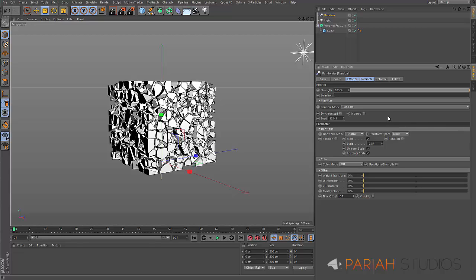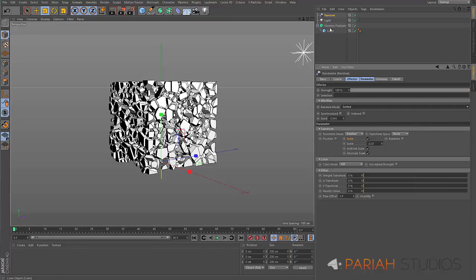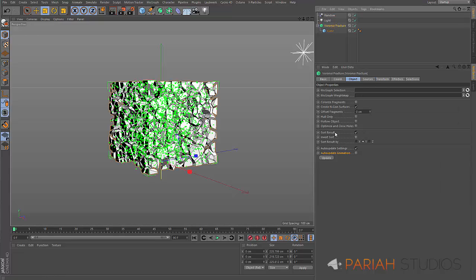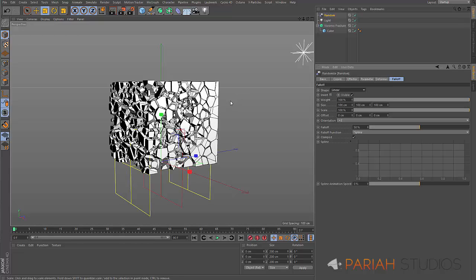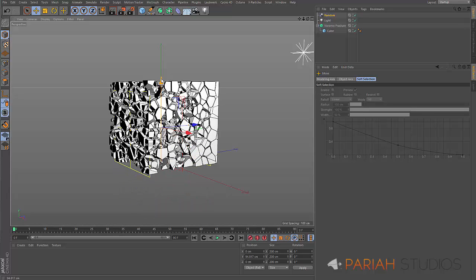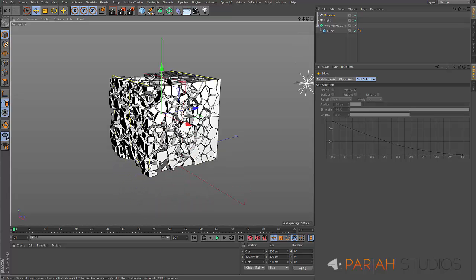Okay, but what I really wanted to show is that we can change this in quite a fun way. And what we're going to do is set a fall off. So we can leave it on random, but actually it works a little bit better on sorted, which only works if you've got Voronoi Fracture set to sort results. So we'll go back to random effector, and if we go to fall off, and we'll add probably a linear will work best here. Let's move it up so it sits within the shape of our cube very roughly,